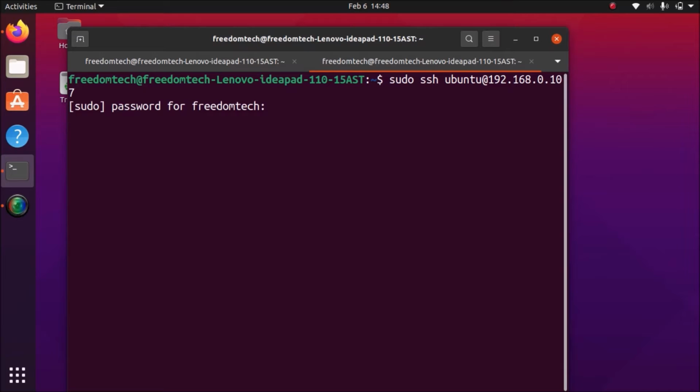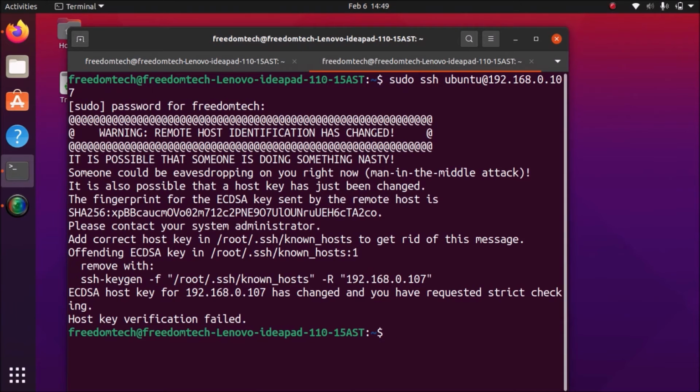First it asks here to enter the Ubuntu Groovy Gorilla sudo password. This is not our Raspberry Pi 4 machine password. As you can see, Freedom Tech is our Ubuntu Groovy Gorilla user. So I want to mention the sudo password because we are going to access SSH, and for that of course we need to enter the sudo password. So enter. It shows an error here, but we are going to solve it. Simply copy this line and paste it here. So I'm going to copy the line.